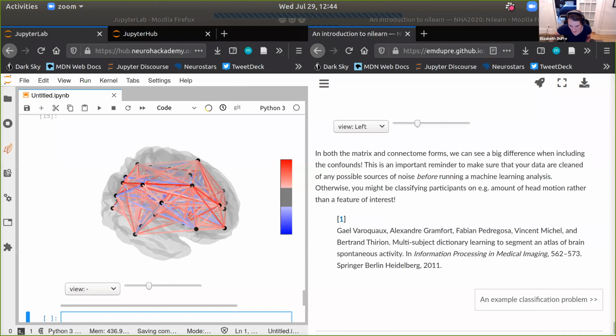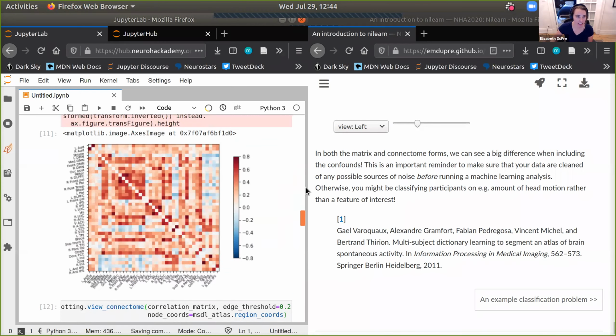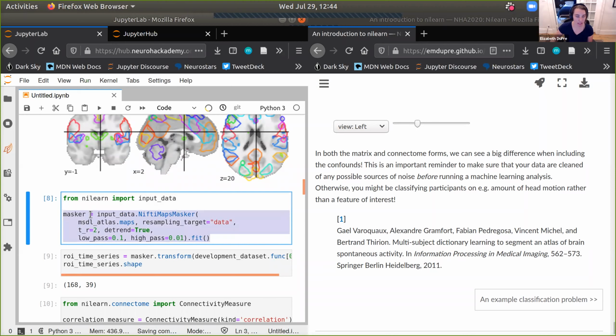Okay, maybe I'll start from the bottom. So one question is: because we're adding confounds to the masker that's already made, it will still do filtering as defined in the first masker, right? Yes, exactly. Here we can see exactly what's happening if we look at the different steps. Here we're defining this masker, and we're saying, this is my NiftiLabelsMasker, here are all the different arguments I want it to have.